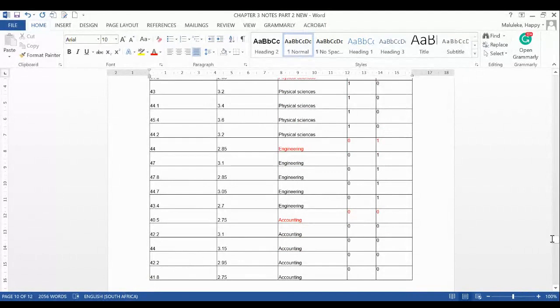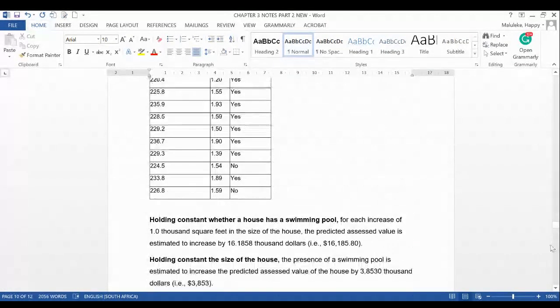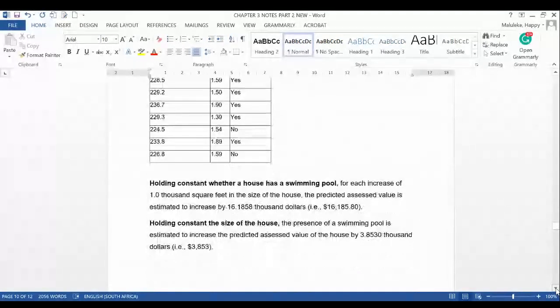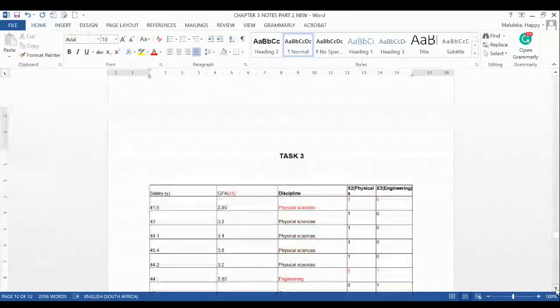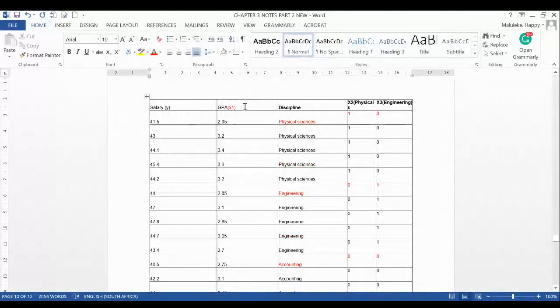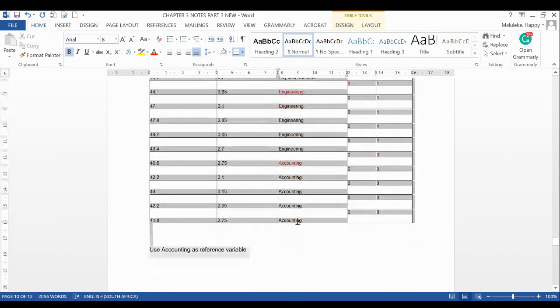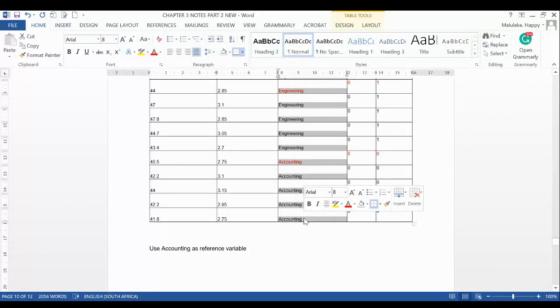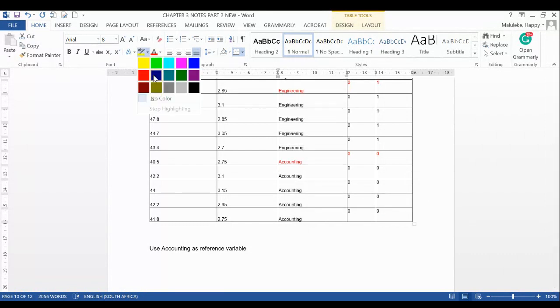So it means initially we started with what? It looked like we're only having two independent variables. But now, because we have these two, we cannot use this one, isn't it? But we must bear in mind, we must understand what is the meaning of our 0, what is the meaning of our 1. So now, whenever you run a model, it means you are going to run a model